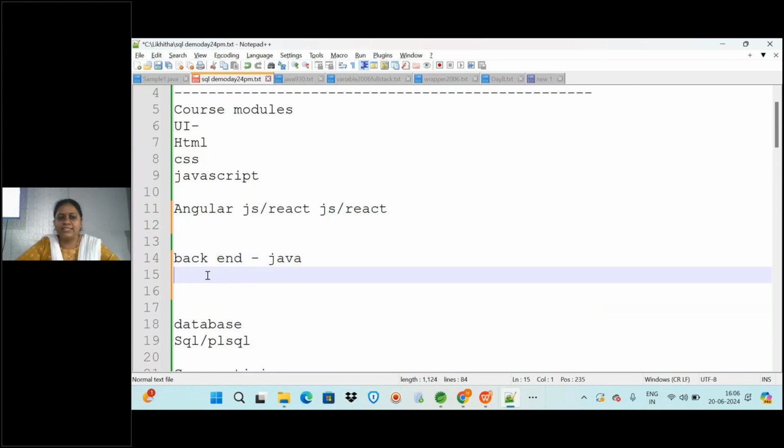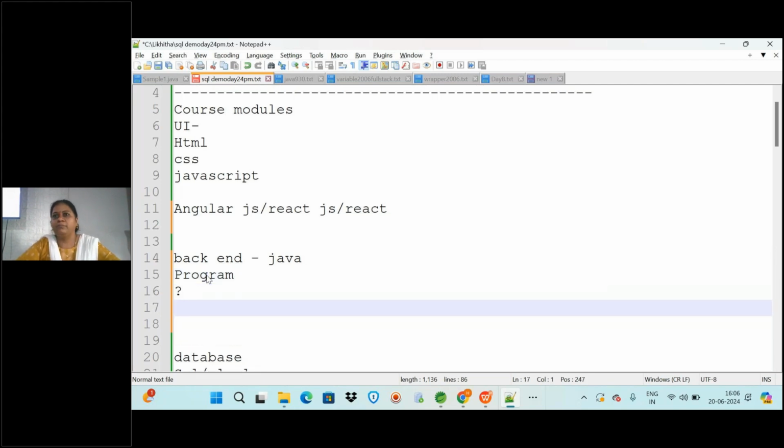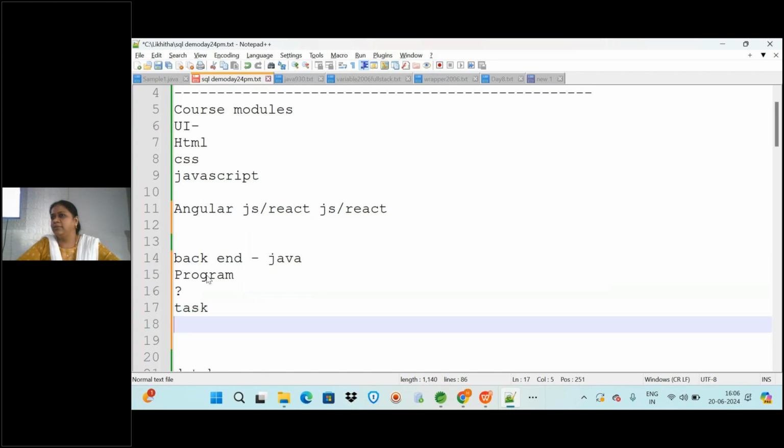So what does this Java contain? Before going into the programming language of anything, first of all, you should know what a program is. So what is a program? A program is nothing but a set of instructions to perform a particular task. That can be any task, like simply adding numbers or multiplying, or finding the area of a circle. Anything is called a task. Now how you perform that task is important, correct?